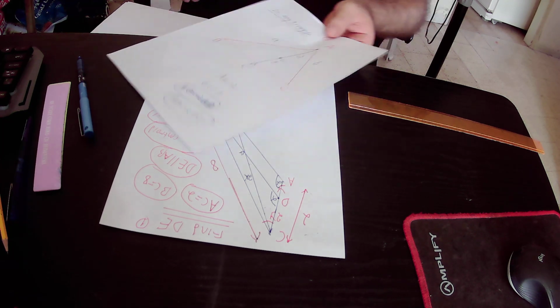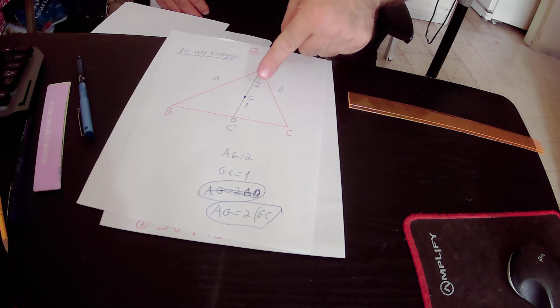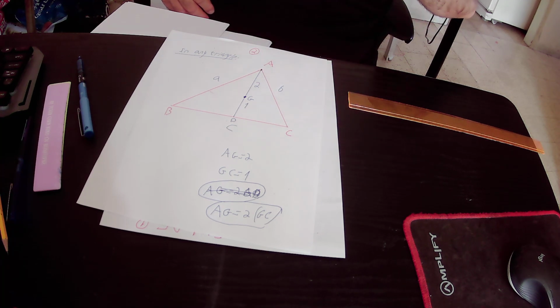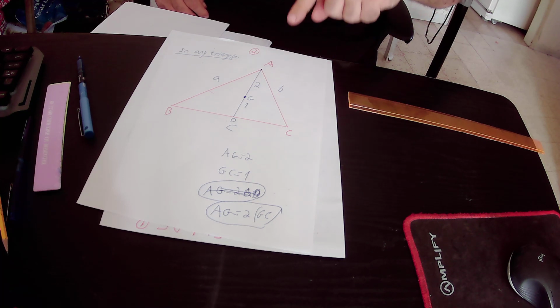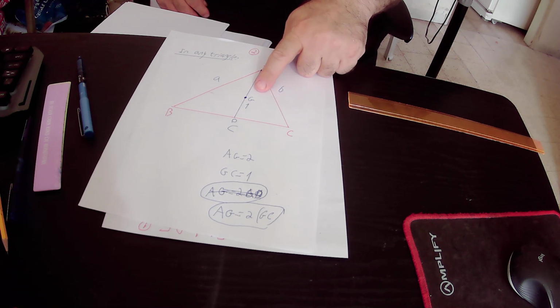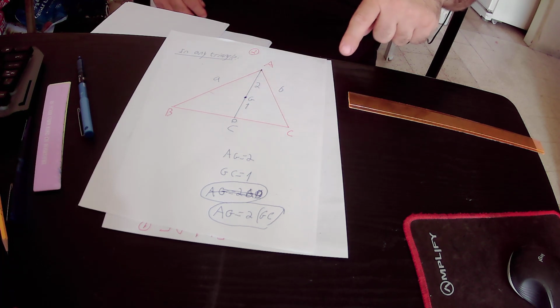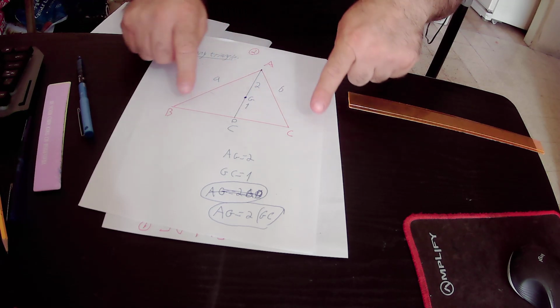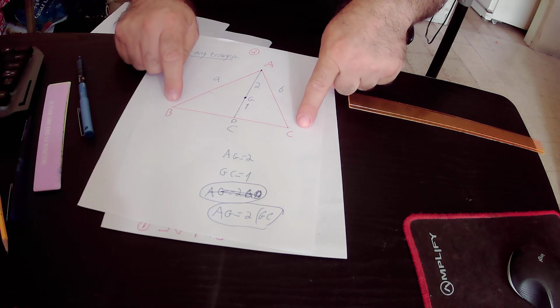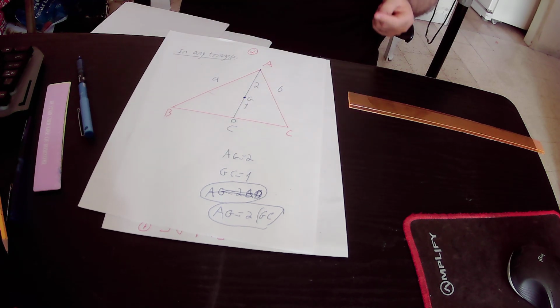In any triangle, if G is the centroid of triangle ABC, and AD is the median of triangle ABC, that is to say, it bisects BC, or divides BC into two equal parts, that is to say BD equals DC, then